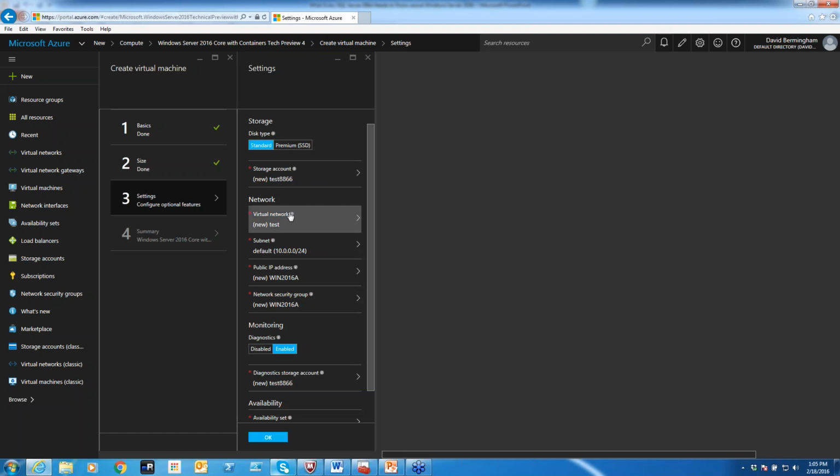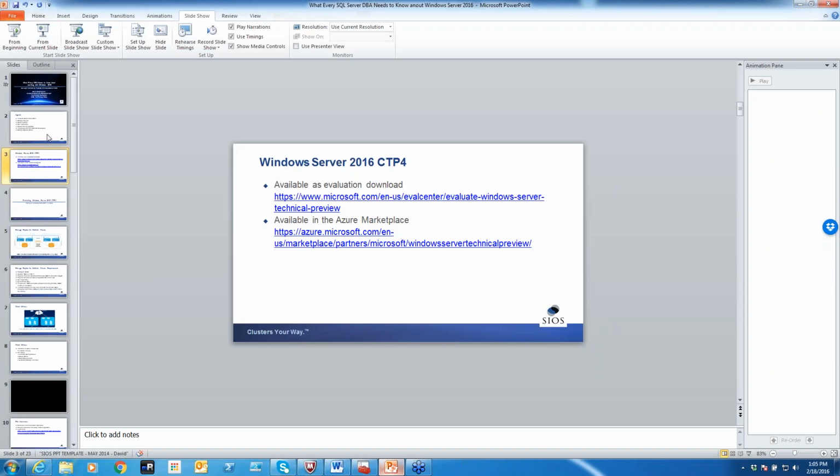And different settings. You can have your different virtual networks. I've pre-configured a lot of this information by creating virtual networks ahead of time. But just to give you an idea of how you can get started evaluating Windows Server 2016 without having any on-premise resources available. So let's jump back into the presentation here and